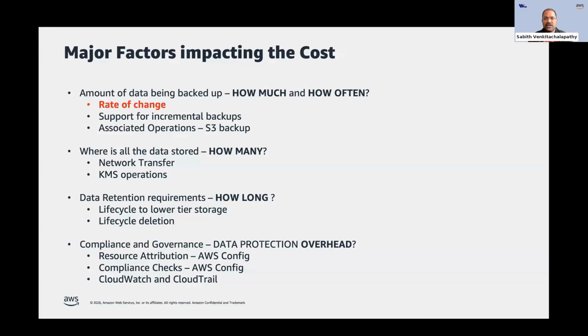Beyond the actual storage charges, you would also have to consider the network transfer charges if you were to keep the copies of data in two independent regions, for example, in AWS. So then you'll have to pay for the inter-region transfer charges, which is also one aspect of the cost. On top of this, if you were to make copies of the data, you will also have to consider, for example, KMS operations, which is required to decrypt the data primarily on the source and then to re-encrypt when you're storing on the destination.